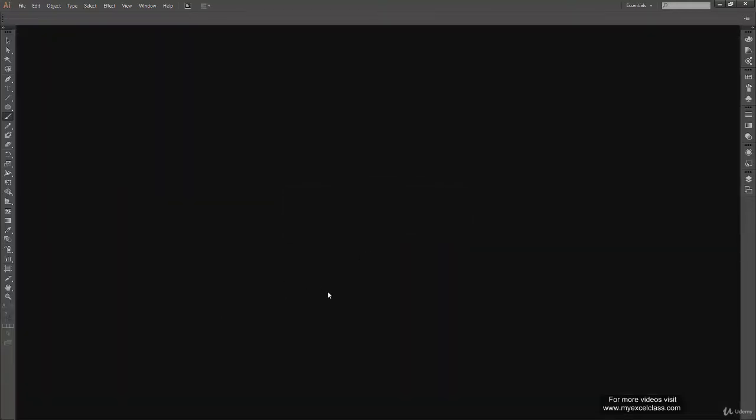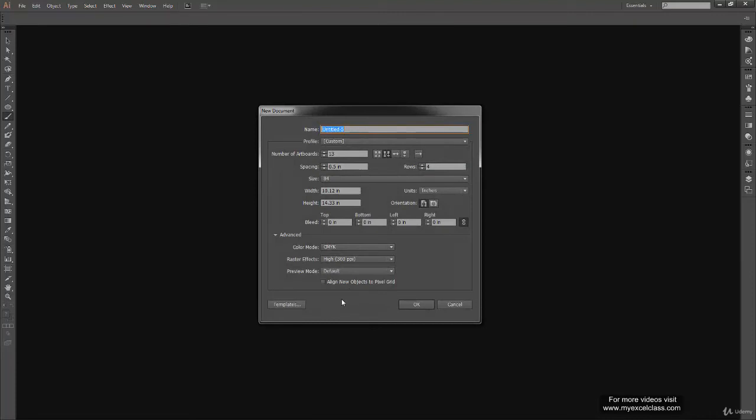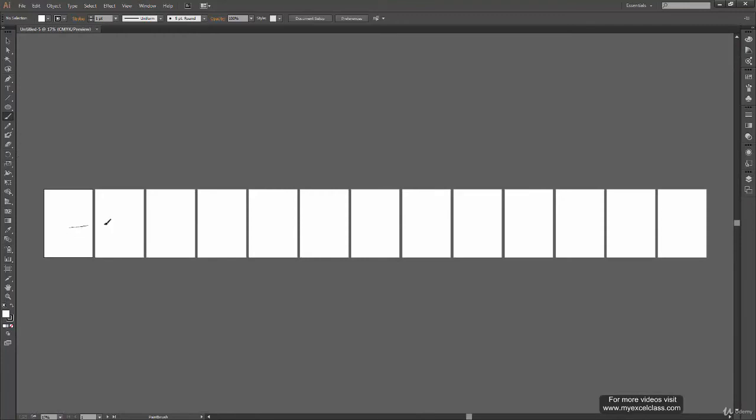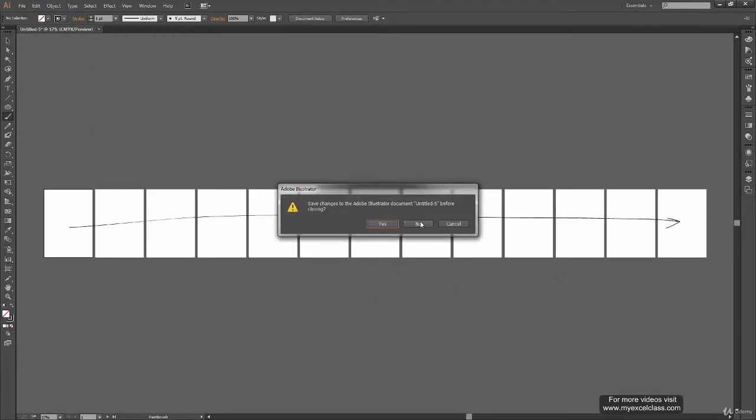Alright, and press Ctrl N. And the same way we have this arrange by row and arrange by column. Now when we click on this, the rows text actually got disabled. Why? Because we will have only one single row this time, and when we click on this we will have only one single column. So let's see row first and click OK. So here we have all our artboards lined up in a single row. The same way the column works.